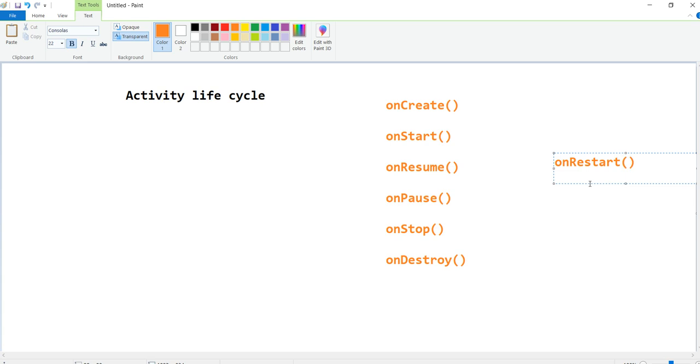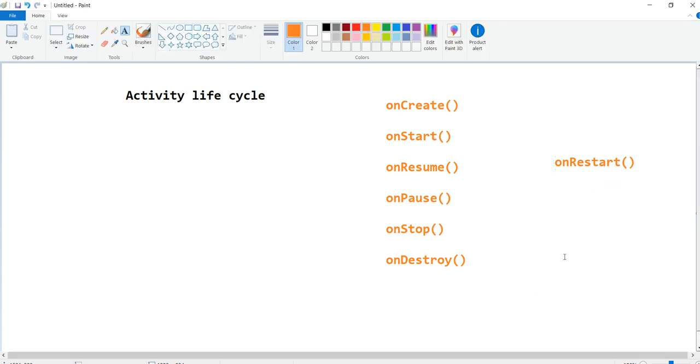These methods play a major role in our Android activities. So how is this? I'm checking what happens here. onCreate is nothing but it creates the root element of your XML, whatever the root layout is.